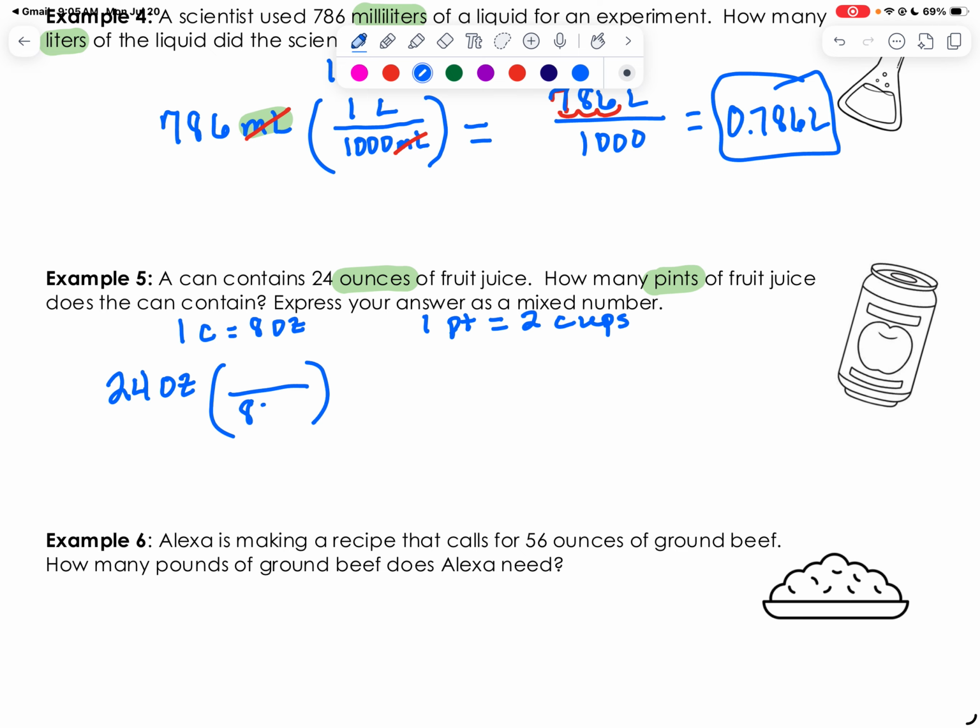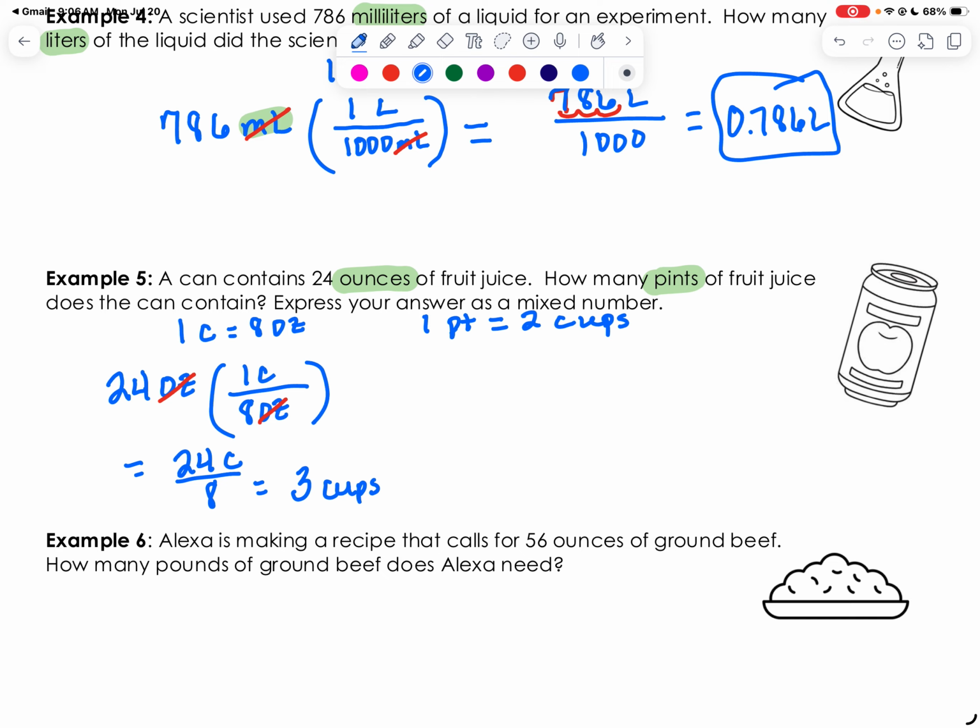So I'll put the 8 ounces here and the 1 cup on the top. So ounces will cancel with ounces. So what I end up with is 24 times 1 is 24 cups divided by 8, which would give me 3